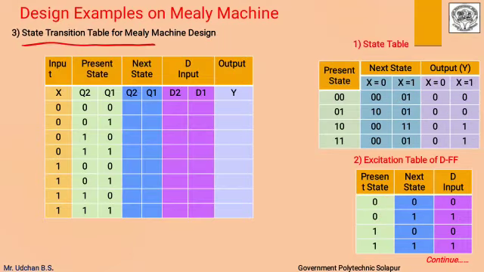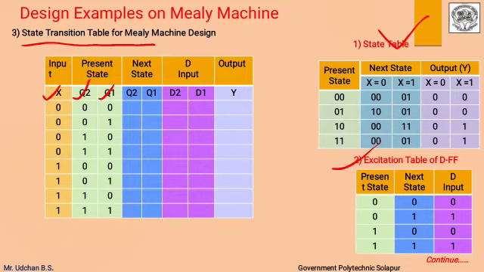Now we will form the state transition table for the Mealy machine with the help of the state table and the excitation table. In this, input X is shown, and present state Q2, Q1. These are the inputs of our state machine. In all there are 3 variables, so the possible combinations will be 8. We already know how these 8 possible combinations are formed in the subject of digital techniques. So with the help of these input combinations, we will now write the next state, what the D inputs are, and their respective output values.